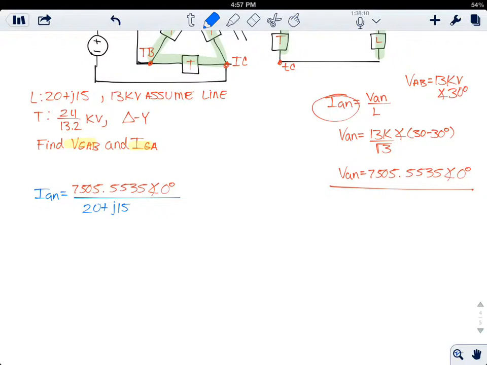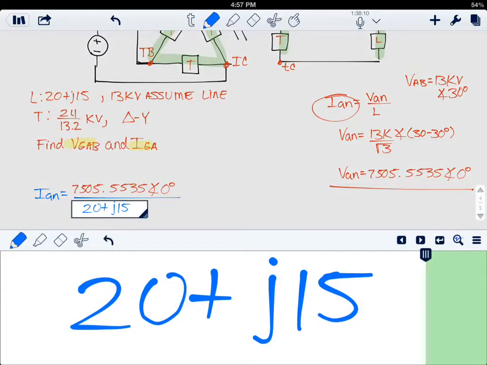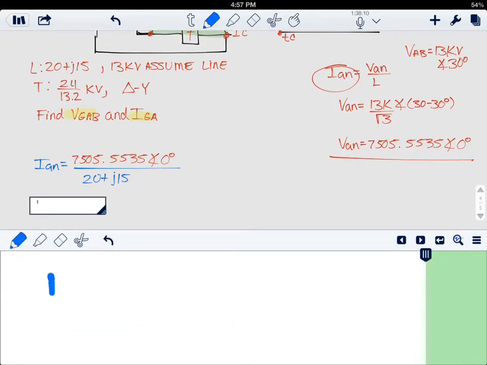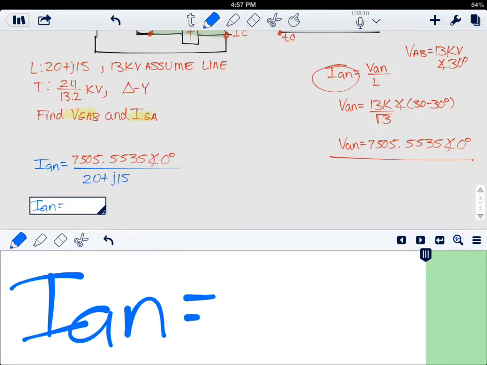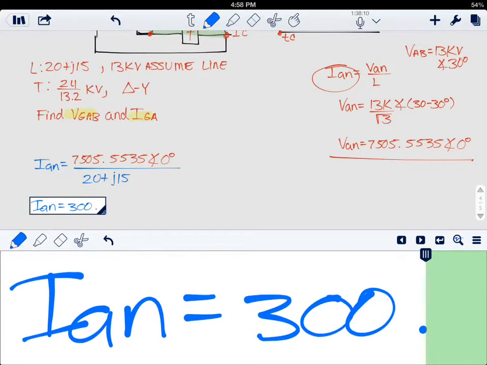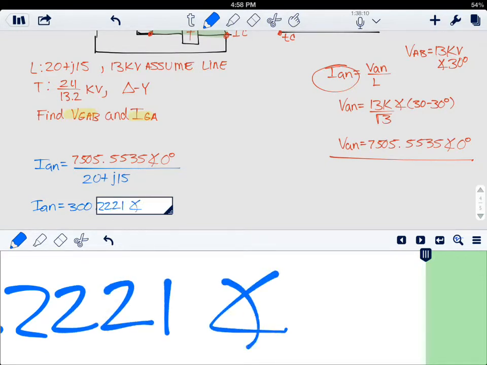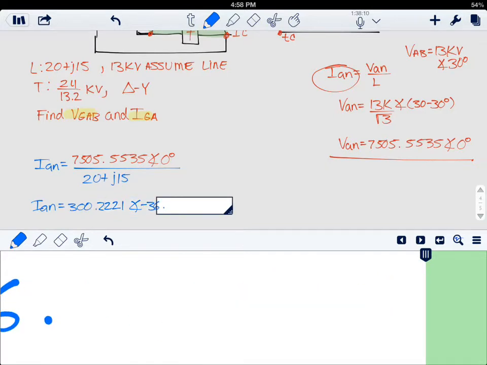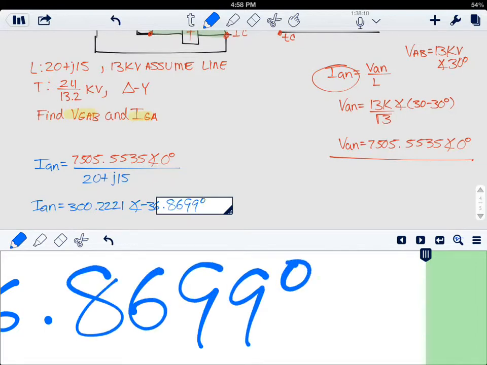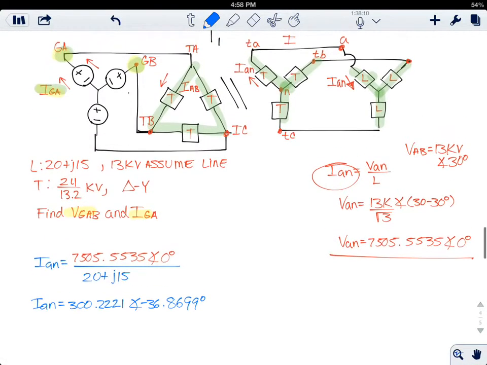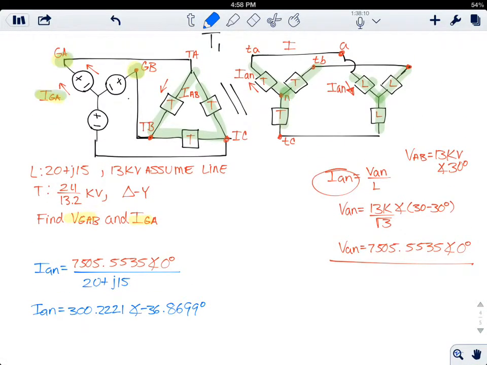The result expressed in polar form would be 300.2221 with a negative angle of 36.86 degrees. Okay, now that we have that current,